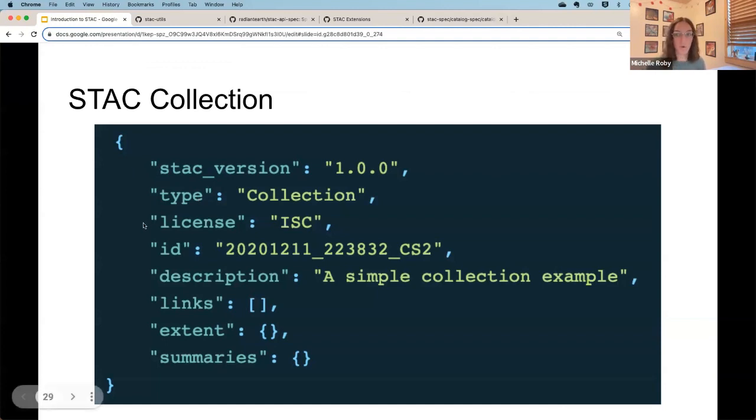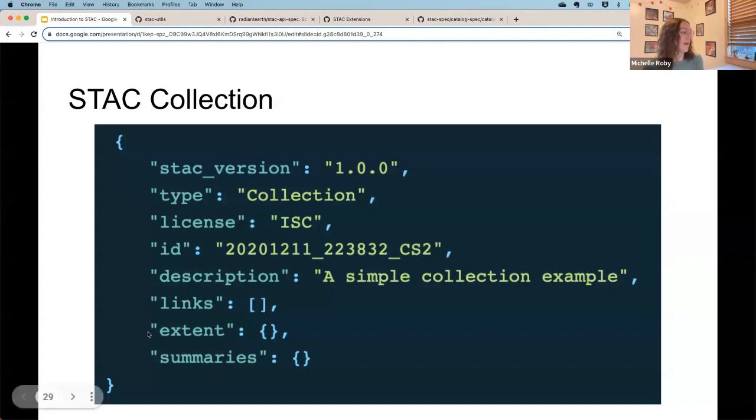The license, which is a required field on the STAC collection, an ID, so that would be different from the catalog, that's unique to that collection, a description, and then the links will be linking out to what is inside of that collection. So the links for our Landsat 8 collection are going to be mostly different from those that are in the Sentinel-2 catalog, because it's linking to different data.